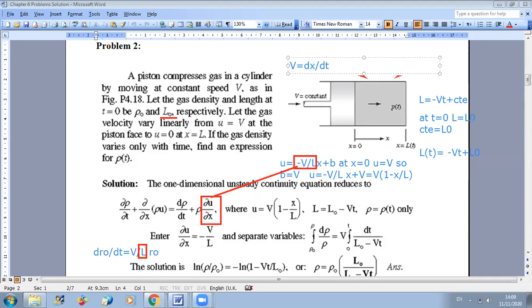Okay, if velocity is not constant, then you write dx equals v dt and you integrate. But here, because v is constant, you can directly say that the variation of length will be linear and the slope of variation will be equal to minus v, because it's decreasing at a rate equal to v, which is a constant. So the form of L is minus Vt plus constant. And to find this constant, we apply the boundary condition that at t equals 0, L is equal to L0. So we got now L as a function of time. So all we have to do now is separation of variables, because we got a relation which has